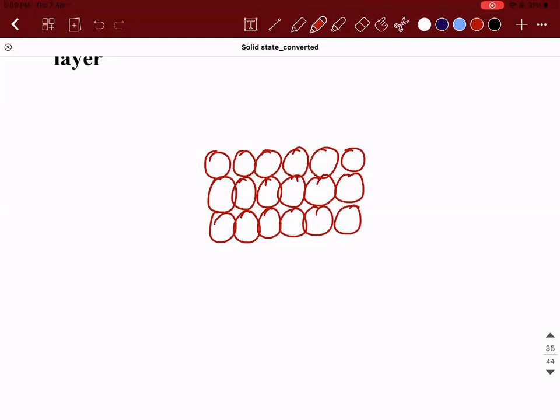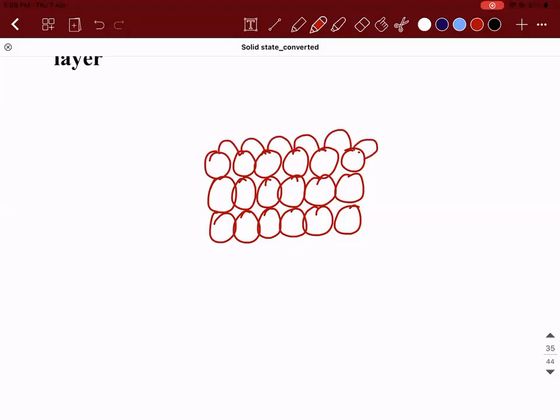In AA type, actually we can't say in what shape. It will be quite irregular. It can be a tetrahedral void, but precisely we can't say this is a void, because the size is very, very large. So precisely we can't say that it is tetrahedral. This is octahedral. But in AB type, precisely we can say triangular void. That is precise, but this is not that precise. We only mention that the void size is much larger compared to the particles.